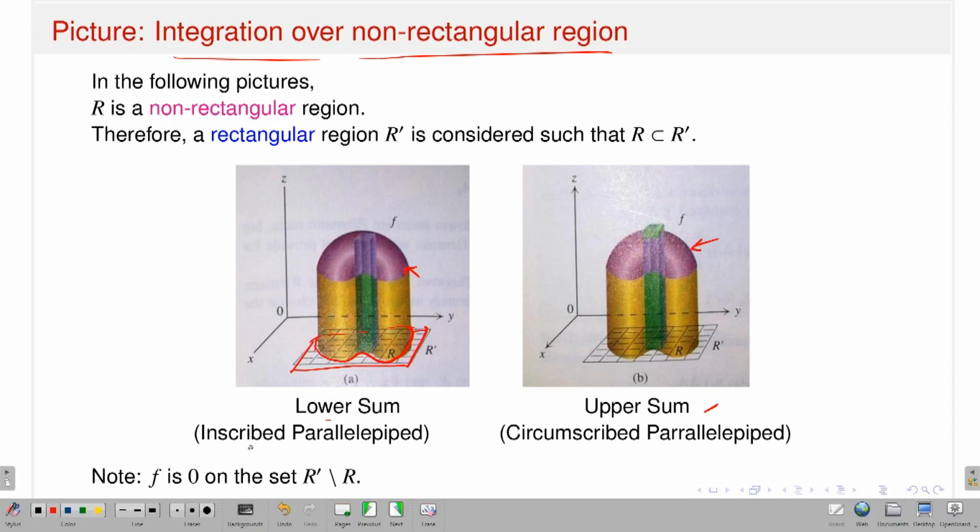So, that is what I tried to explain. Inscribed parallelepiped and circumscribed parallelepiped, okay, and f is 0 on this region R prime minus R. So, that is pictorially, because even if my domain is not rectangular, of course, it is bounded. So, if I have a bounded region, then you get a slightly bigger rectangular region which is bounded,